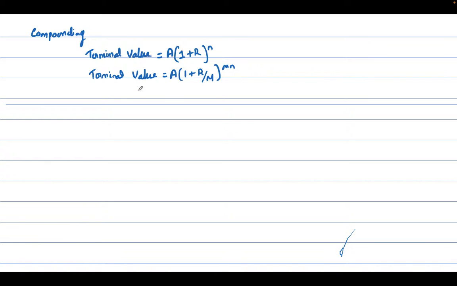So let us take the amount invested as 100. The rate of interest is 10% and the number of years is 1. If it is compounded once a year, we can use this formula. So 100